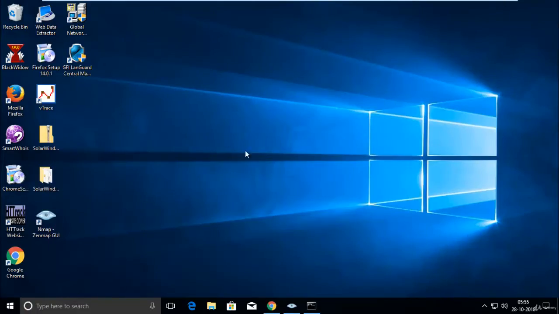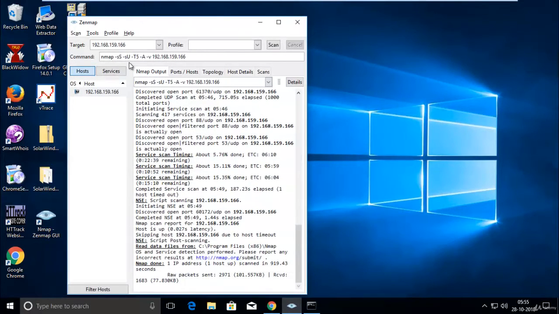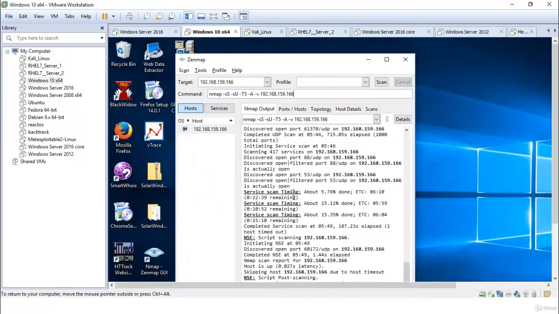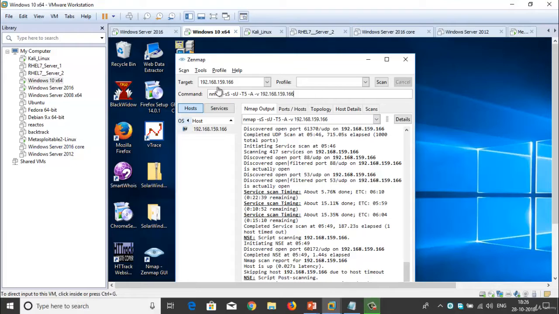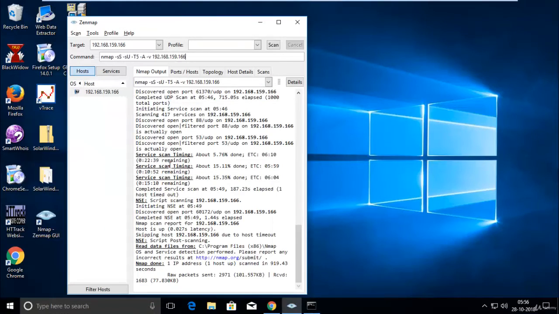So I've opened Zenmap already. Here I've defined parameters for scanning 166. 166 is the IP address of Windows Server 2016. So here I've defined the target device, 192.168.159.166, and the command is -sS.